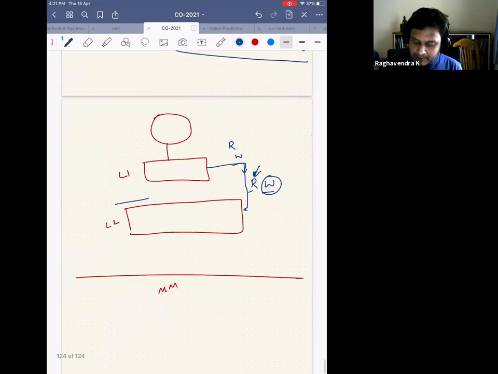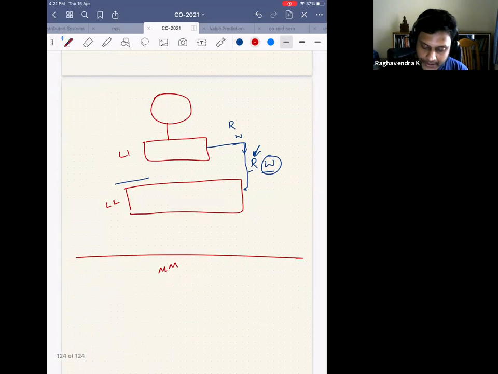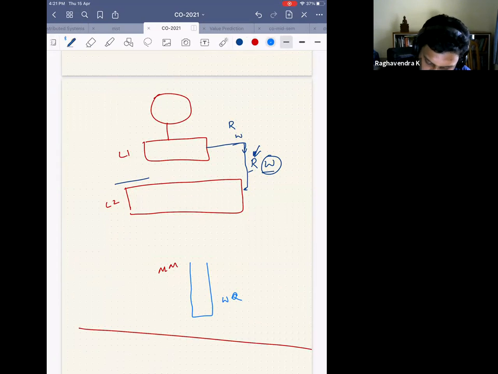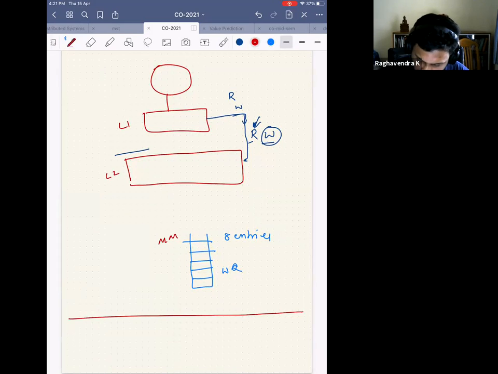This is much more pronounced in main memory systems. Let's say I come up with a design, and you tell me if the design is right or wrong. I have a write queue, which has a certain number of entries. Let's say it has 8 entries. Now the CPU can generate a read or a write. I don't know which it will generate. When I say CPU, of course, it's coming from L2.